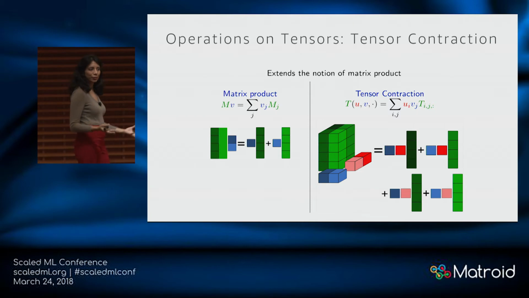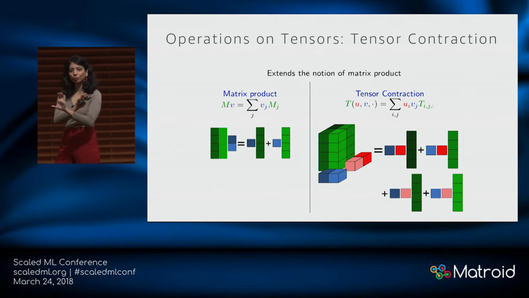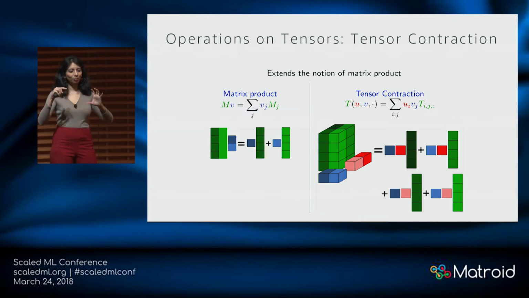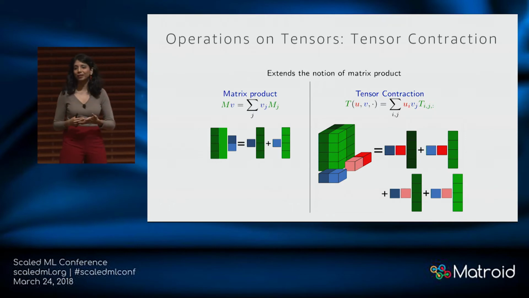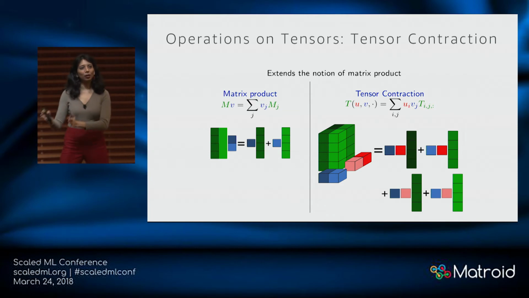And so that's what gives us a very rich dictionary of operations, right? With a matrix, you can only multiply in two directions. With higher order tensors, now we can multiply along multiple dimensions. And you can multiply them with also higher order objects, right? So not only multiplying with vectors, you can multiply them with matrices, you can multiply them with tensors. So there's a very nice extension of operations we can do in linear algebra to now tensor algebraic operations.